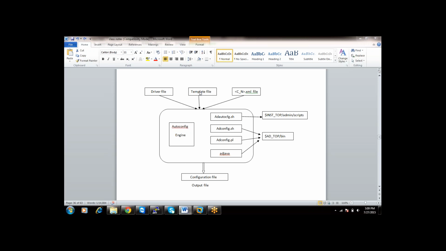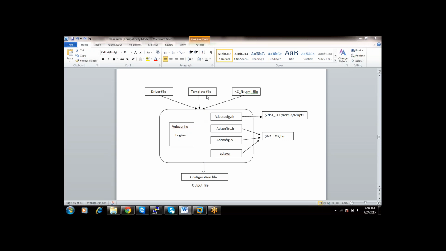Structure of the variable is nothing but, let us take an example of a login page. s_login_page is the structure of the variable, and equals https://oracle apps.oracle.com is the value for your variable. So your template file contains only the structure of the variable. AutoConfig will pick the structure from the template file, and for that particular variable, it will pick the value from the context name.xml, and it will override it in the configuration file.